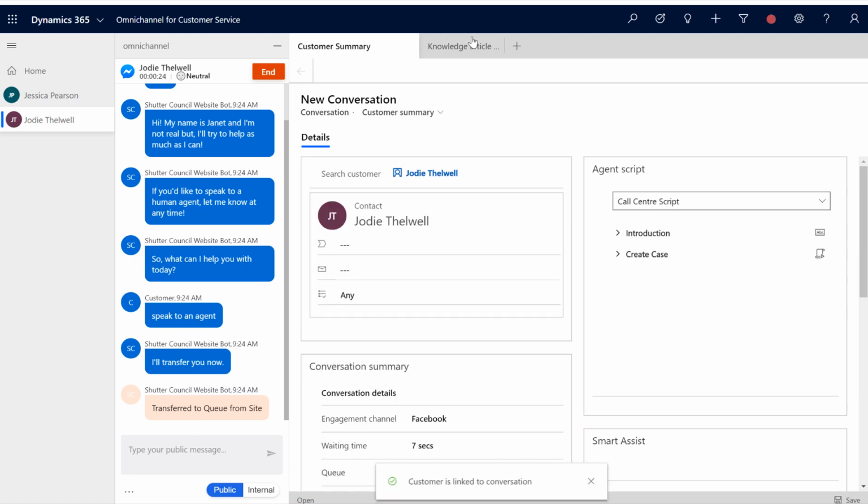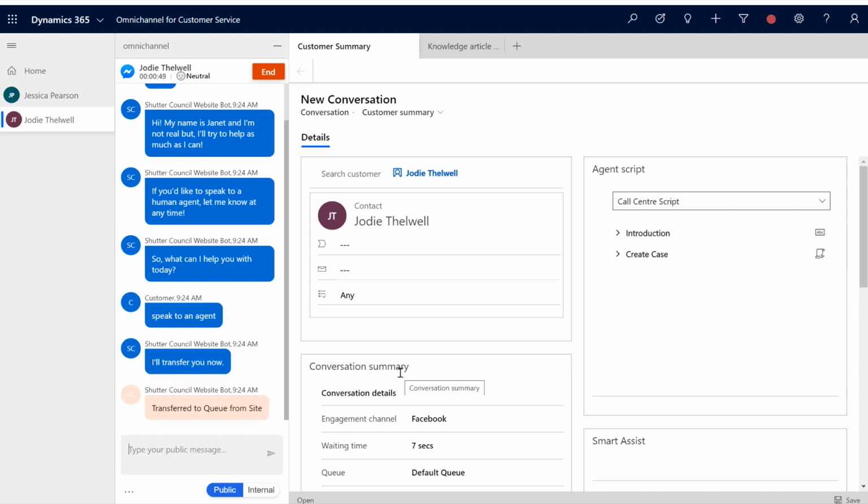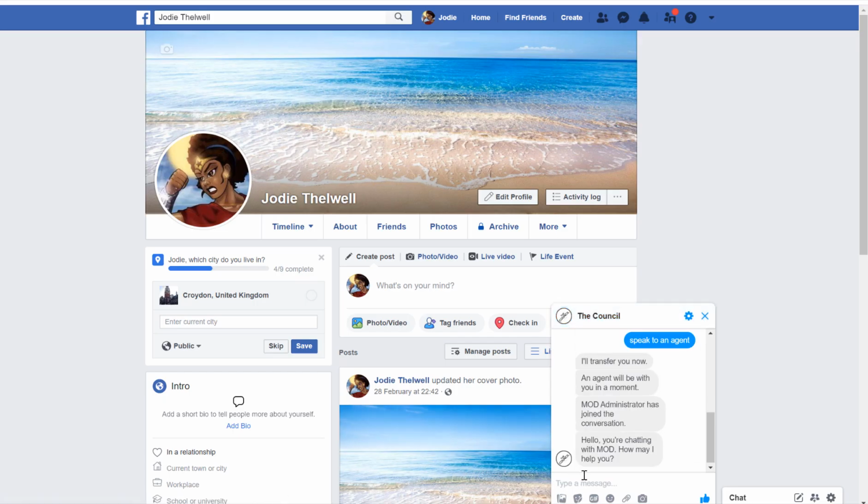You'll see here that the application tabs look quite different to what we had in the previous chat, where we had the intranet and the Bing search, etc. We don't have that here. However, everything else is pretty much the same. So we have our agent script. We can utilize quick reply just like we had before. We can mark it as done, right? We can ask for additional information such as, when is my bin collection date?